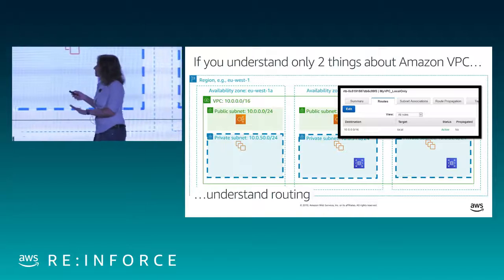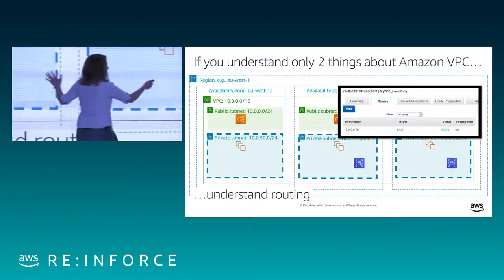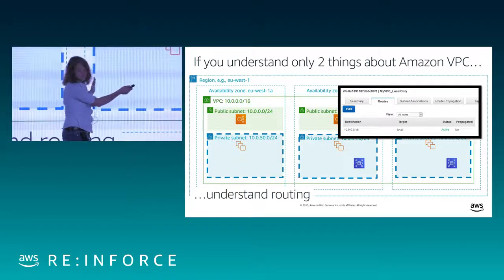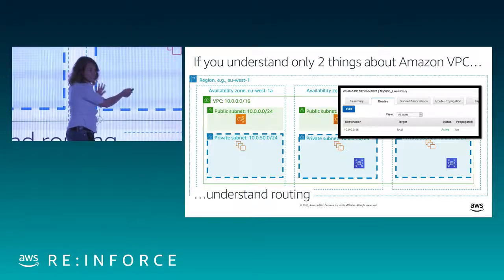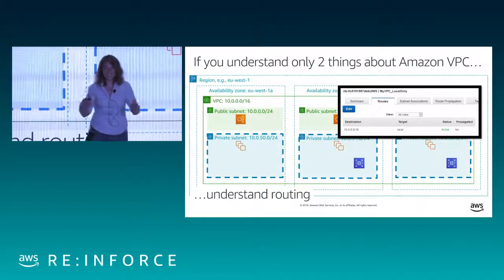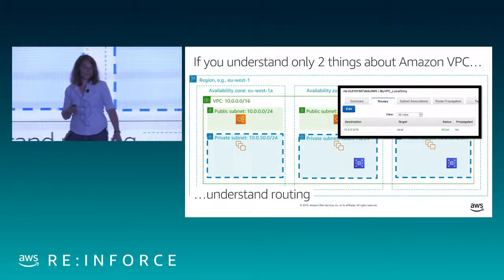Okay, so what that means is that I don't expect anything down here to initiate a connection to the world, or to even receive a connection from the world. And if they do, that traffic will be black-holed. So that's a good sort of second layer of network security protection.